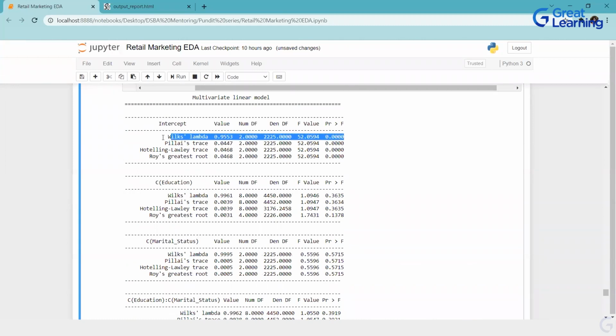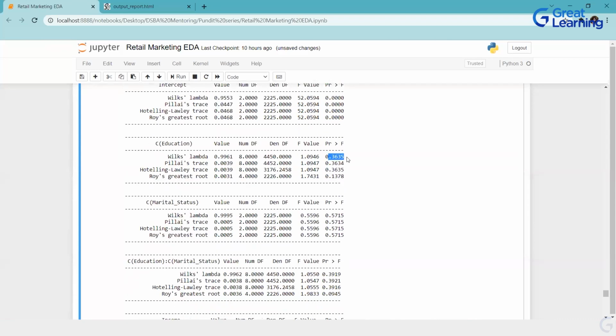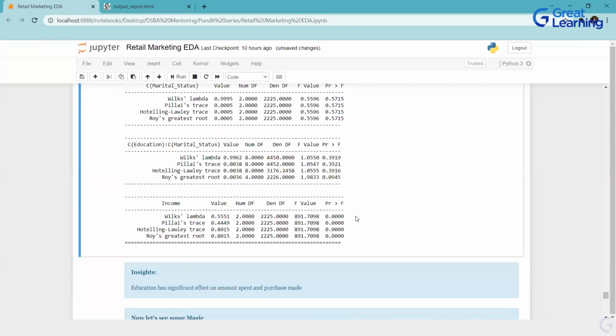What is my null hypothesis in the Wilks lambda test? That it is not significant: no group is explaining the variance in your variable. But what is my alternate hypothesis? That different groups in your education are explaining the variable. When I brought in the income, see the value changed. Even now, education is not having the impact, because all the impact has moved to income. Since income and education would be correlated, everything has moved to income, and education alone is not significant.